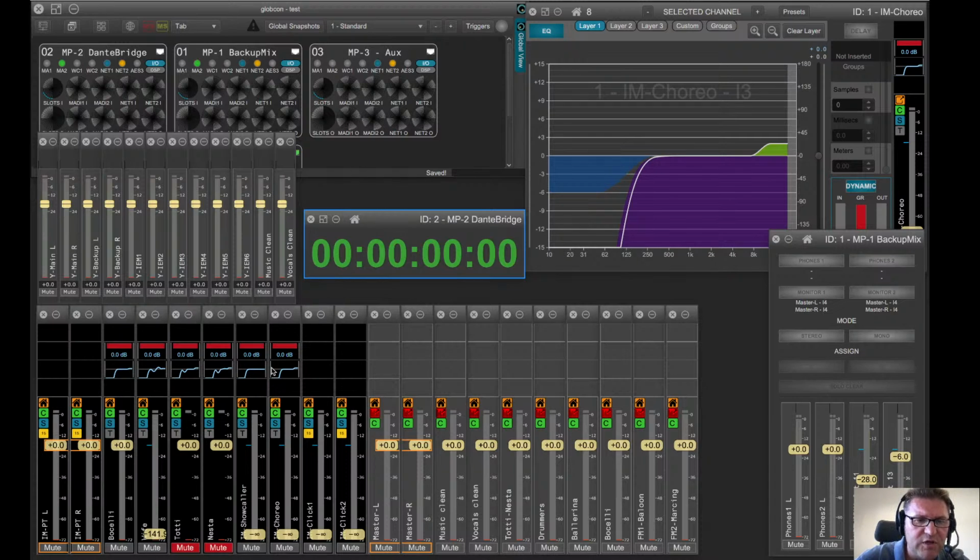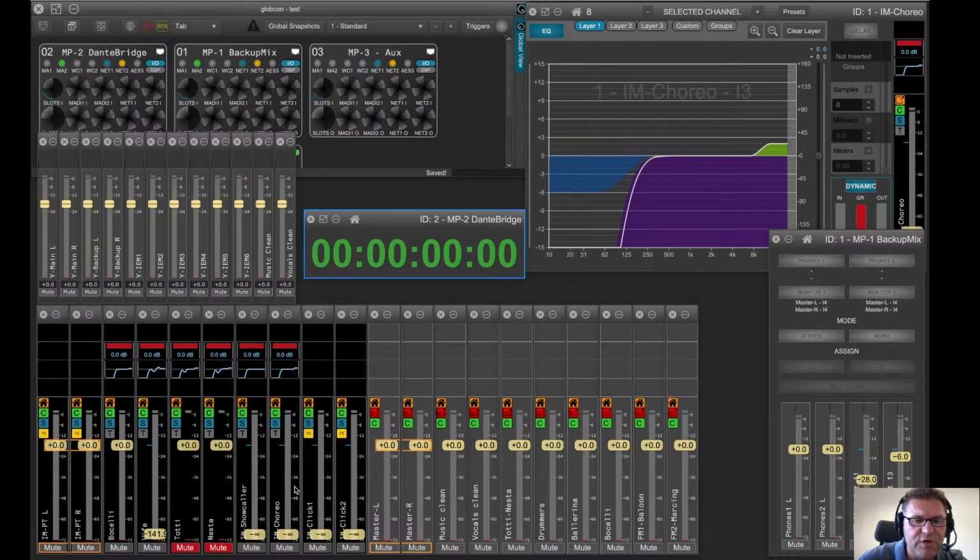We copied all the information from the console in terms of levels, EQs, dynamics, feeds, and ear monitor feeds. We could recreate internally inside of the PRODIGY.MP 100% of the features. We didn't have to give up anything available from the Yamaha CL5. As I told you, we were not mixing 200 channels. We were mixing, you can see, 2 channels for the Pro Tools left and right, Bocelli, his wife, Totti and